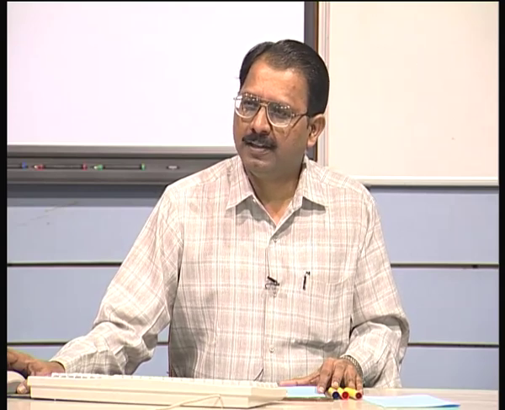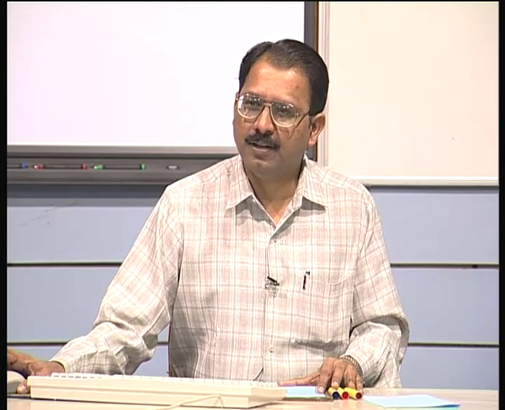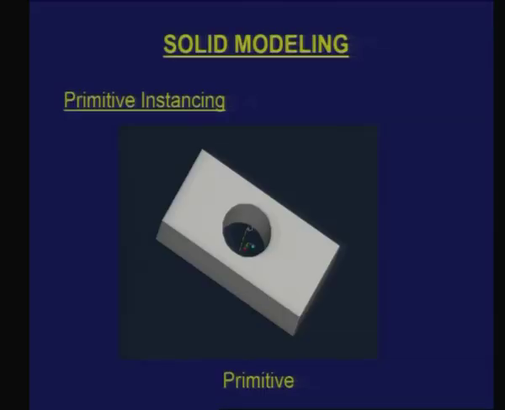For a parallelepiped we had 3; here those 3 values are anyhow needed. Apart from this, you also have a cylindrical through hole, so you need at least 3 more values. That is in order to define the center of this particular hole, which may be anywhere on the solid, and also the diameter of this particular hole. So 6 parameters will completely define this particular object, and by giving different values for these 6 parameters, I get many instances of this kind of primitive.